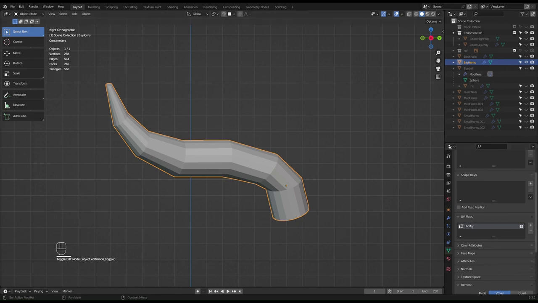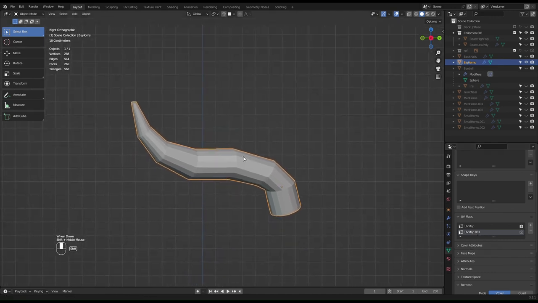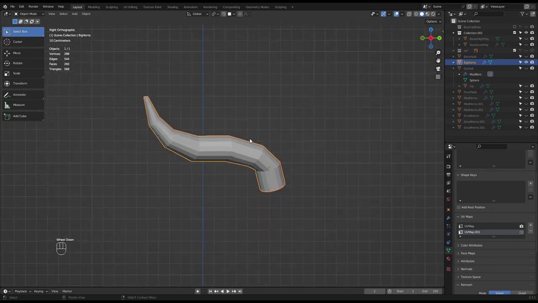Now in Blender you can create multiple UVs. If you go to the plus sign, you can create this one, say UV map 001. Makes sense. So now what we want to do, we want to align this to a texture. Basically what I'm going to do, I'm going to import an image as a backplane over here. You can grab, so this reference will be available for you guys to download,